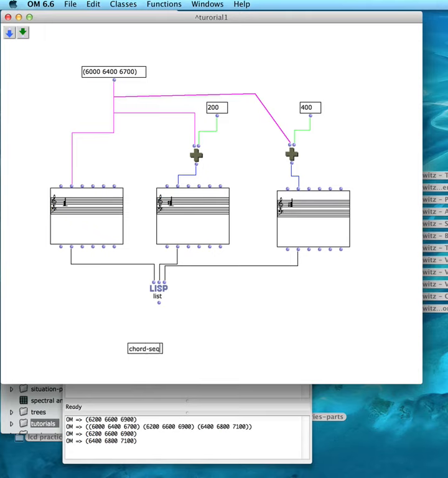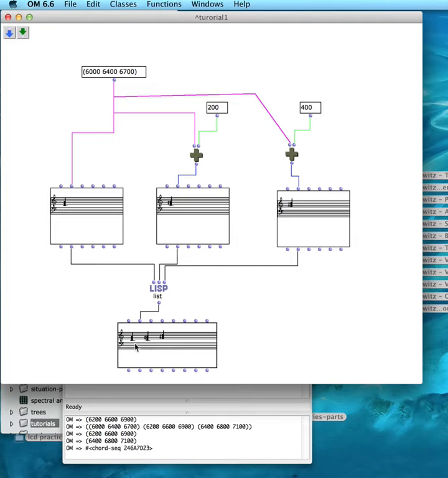hyphen SEQ. So once again, I'm going to select it, press M so that I can see what's in it, and expand it a little bit. And now, if I connect the outlet of the Lisp list here and evaluate it, I'll get the 3 chords in a row. This is the way you want to do it, because now, if I double click here,